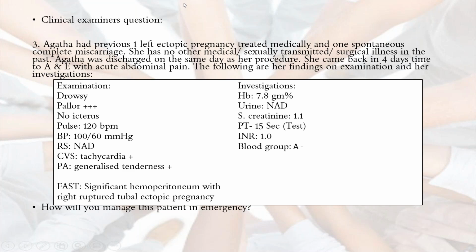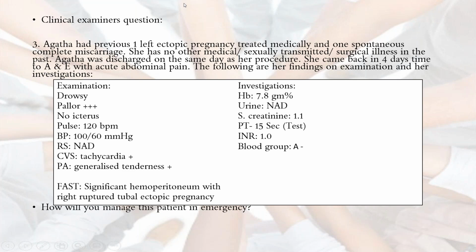Okay. Anything else? We have to arrange for blood. She's A negative, ma'am, so compatible blood is to be arranged, and she should be asked whether she has any reservation against transfusion, and it should be explained if she's able to understand. As she's drowsy, she may not be able to understand. Then, in the best interest of the patient, if nobody is available with her, she can be taken up for